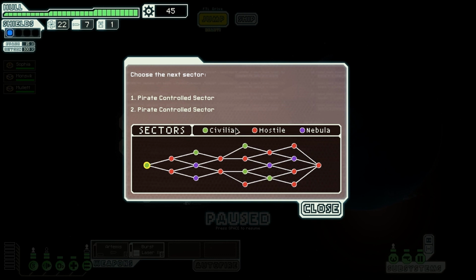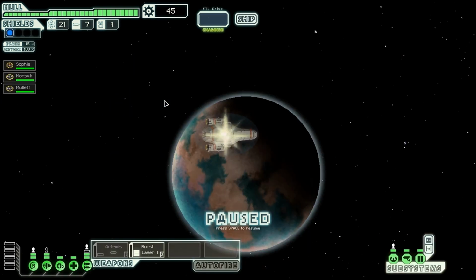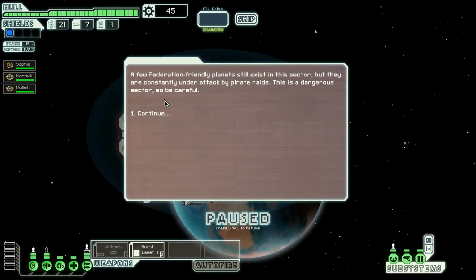This is another screen, so each sector is marked by civilian, hostile, or a nebula, which I'll get to when I reach one. But right now I only have options to go to pirate-controlled sectors, so I'll go to the top one just in case I want to go to that civilian one. And I'm here, so